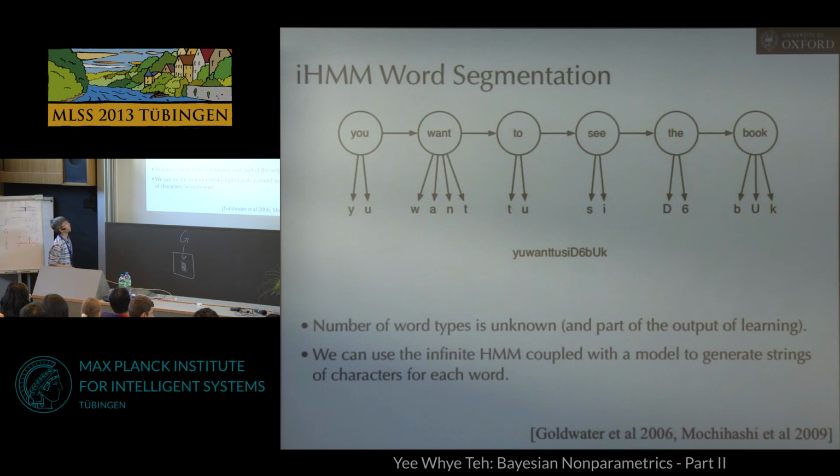Of course, initially, we are never really told the number of words in the vocabulary. In fact, you can argue that as you grow, the vocabulary in my head is probably decreasing now. But as a baby, you're always learning new words all the time. So taking a Bayesian nonparametric approach is very sensible. You're allowing the model to learn newer words as it sees larger and larger data sets. So the number of words is unknown, and of course has to be part of the output of the